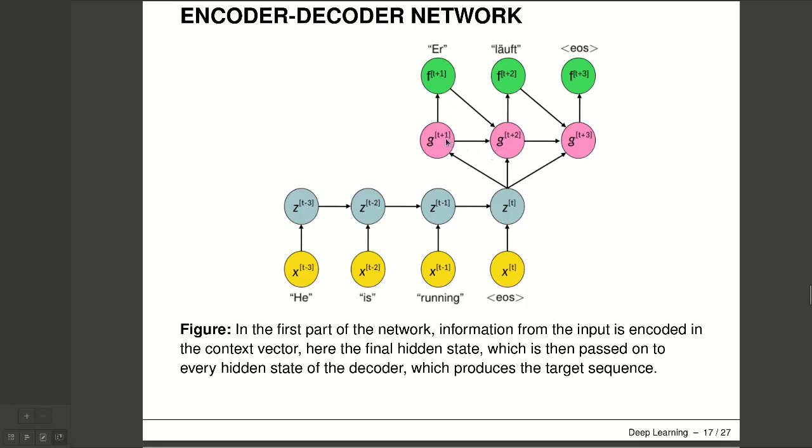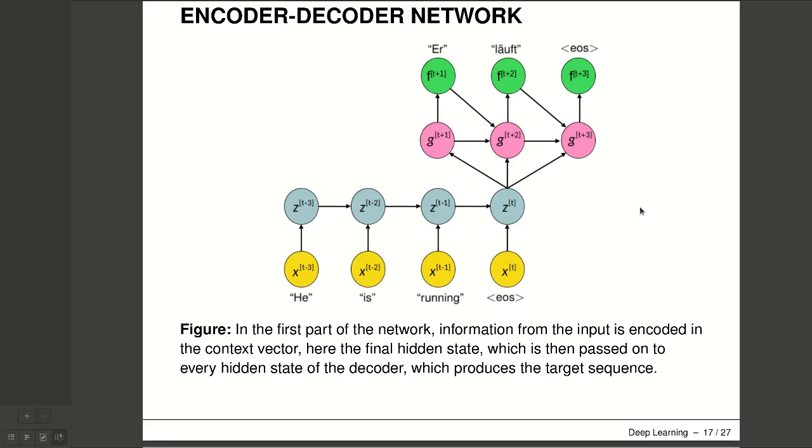And then the G maps the information from the input to output, and here we predict the period at the end of the sentence. Specifically, in the encoder-decoder architecture, an input or encoder RNN processes the input sequence with a specific length,